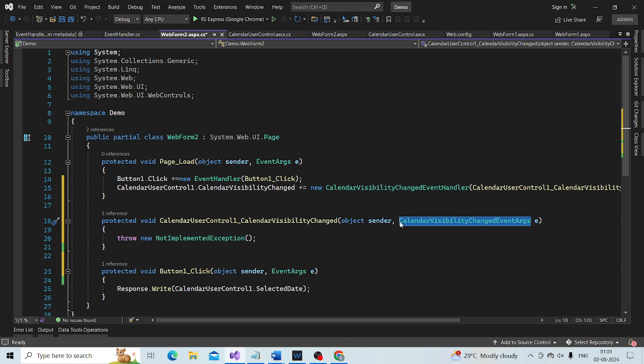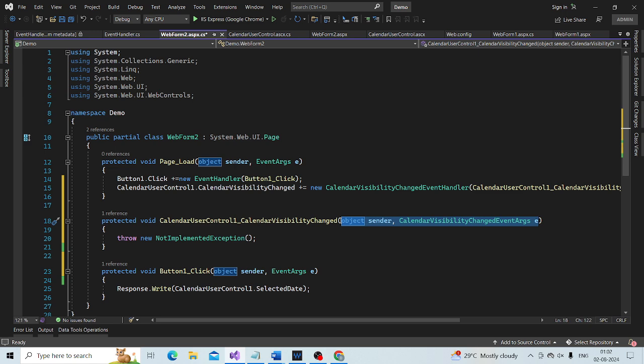The signature here returns void and has two parameters of type object and CalendarVisibilityChangedEventArgs.